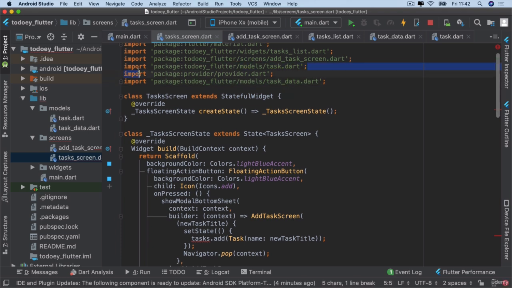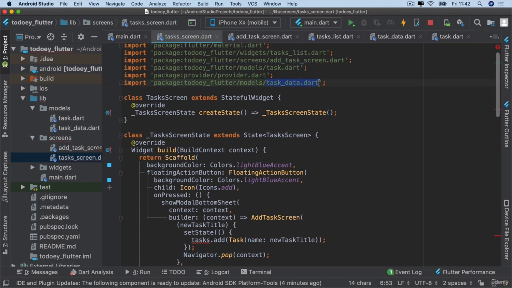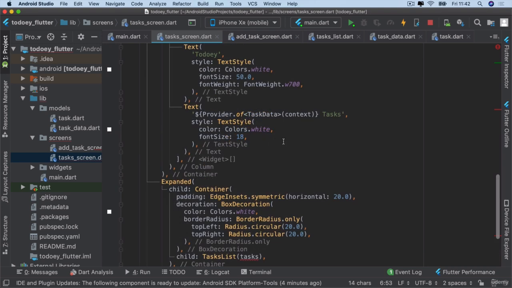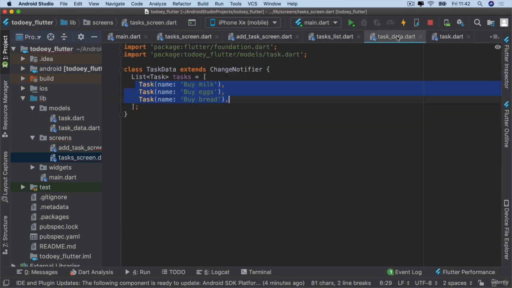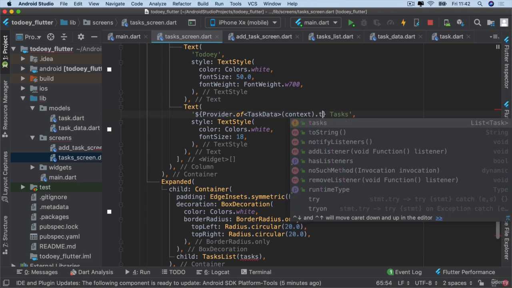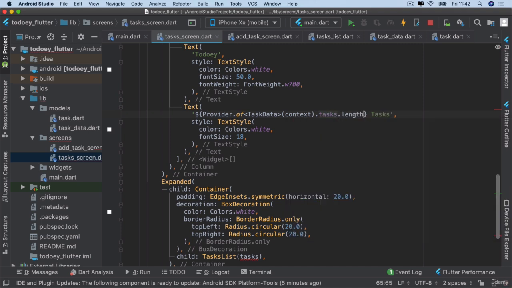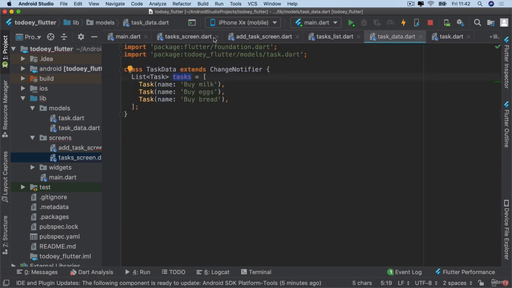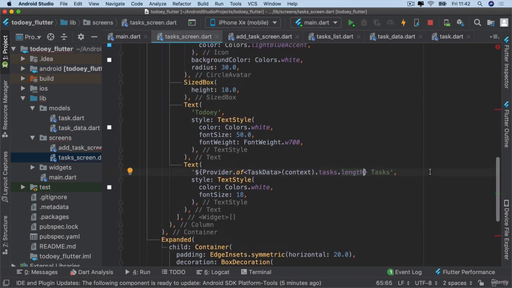Eventually, we're going to remove the need for the task.dart and manage all of that related stuff inside task data. But for now, let's go ahead and tap into this object, which is going to be equivalent to our task data object now. And let's go into it to get hold of the tasks property. So let's write a .tasks, and then we're going to get the count or the length of that object, which currently should be equal to 3. So let's go ahead and hit save